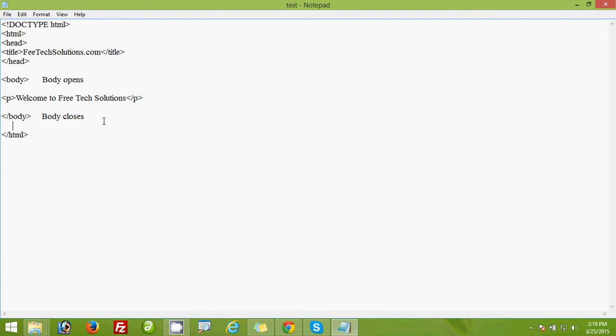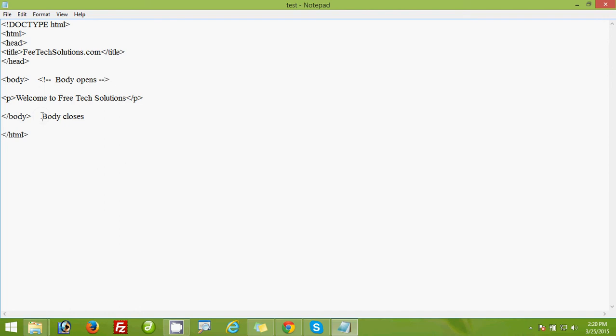To do so, the concept that comes in is comments in HTML. To make these sentences comments, open the brackets, then exclamation mark, double hyphen, and at the end double hyphen, close brackets.